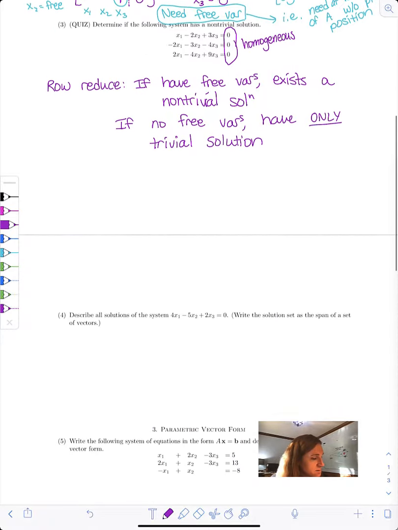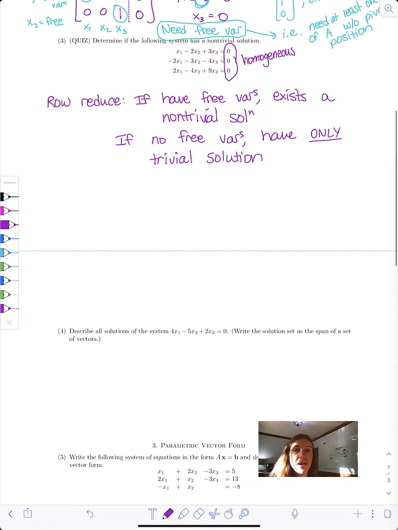Okay, so sometimes we might see a system that actually only consists of one equation, and that's totally fine. We can still deal with that. We have 4, -5, 2, and if we make the augmented matrix, it looks like this. And in order to write the solutions in